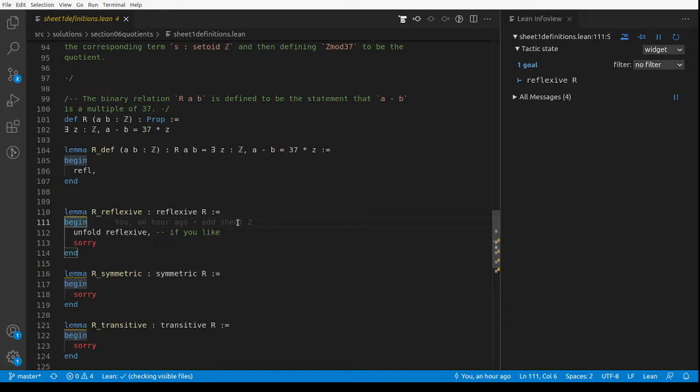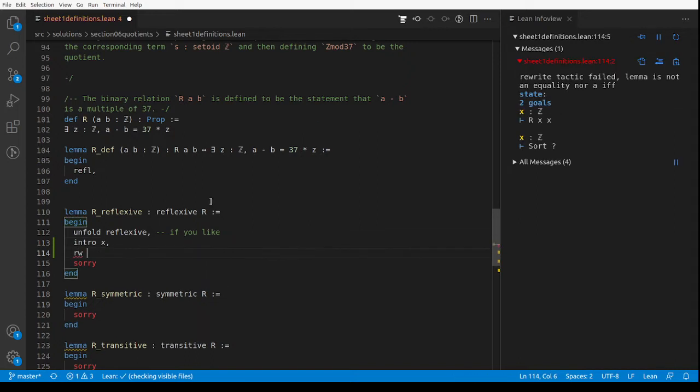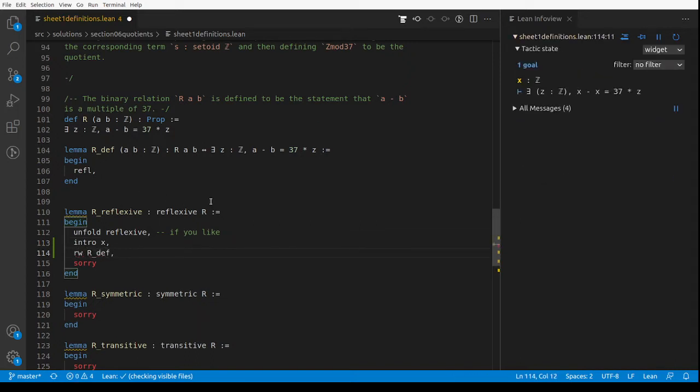And we've got to prove it's reflexive, and if you don't know what reflexive means, or you've forgotten what it means, or you want to know what Lean thinks it means, we could start by unfolding reflexive. And now our goal is a for all, so we can make progress with intro. And now our goal is this R, and so I made this lemma R def, rewrite R def, and now you can see